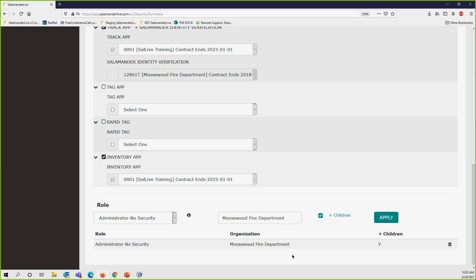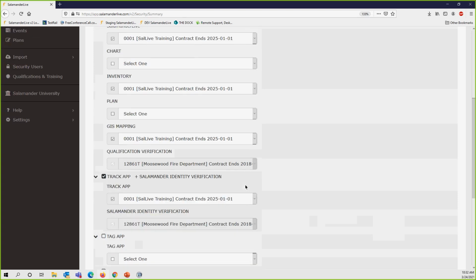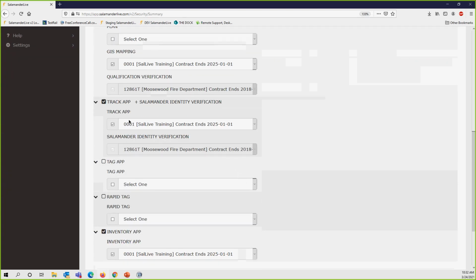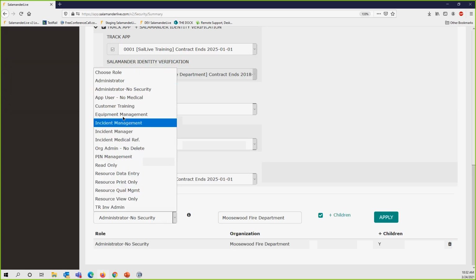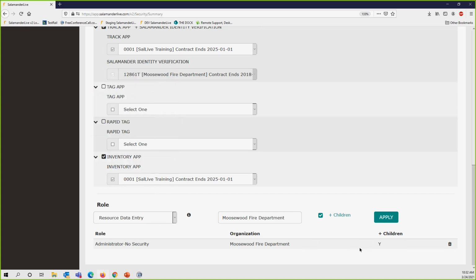As you know, the administrator role allows them access to everything. So there's no additional role we need to select for this person to get access to the track app and/or inventory, because this administrator role already gives them that access. In this case, if we selected a different role, for example resource data entry,